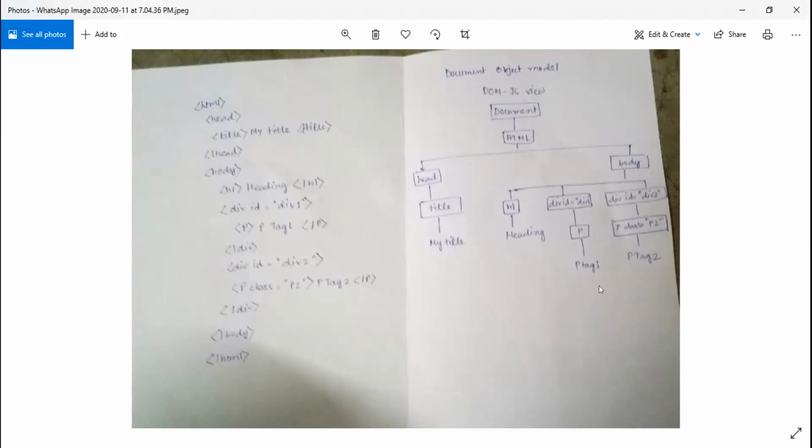So, JavaScript cannot understand HTML language. So that's why the Document Object Model comes. So what is the Document Object Model?